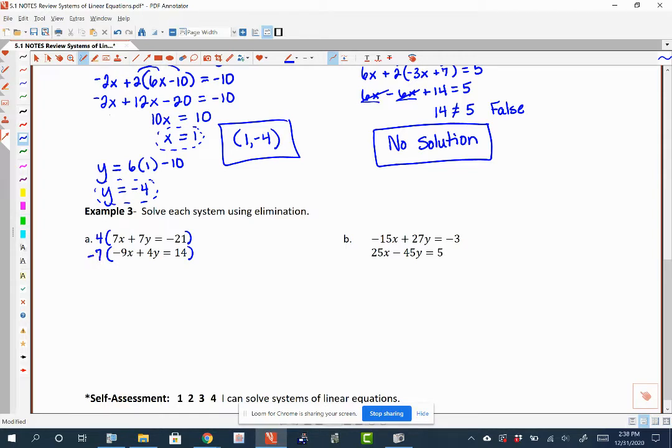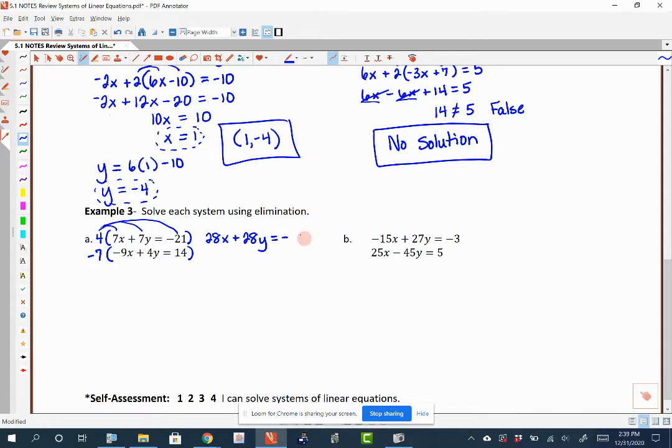So I'm going to say, let's make that 7 on the second one a negative. So that would give me a negative 28 as I distribute those. So everything in this equation needs to be multiplied by this 4 or the negative 7. So I'm going to start with my first equation, and I'm going to distribute that 4 to each term in that equation. So I end up with 28x plus 28y equals,